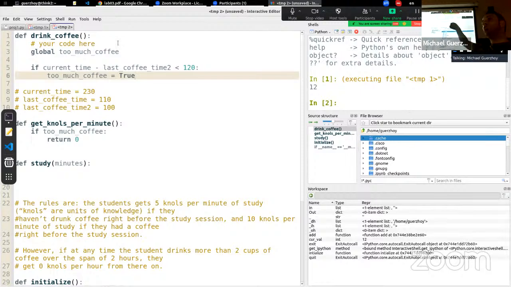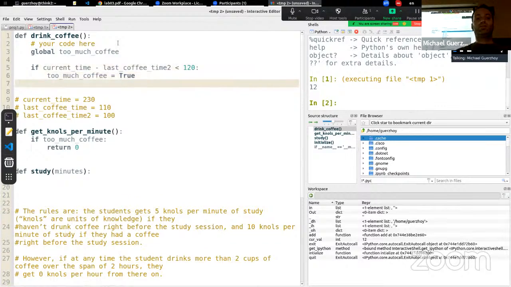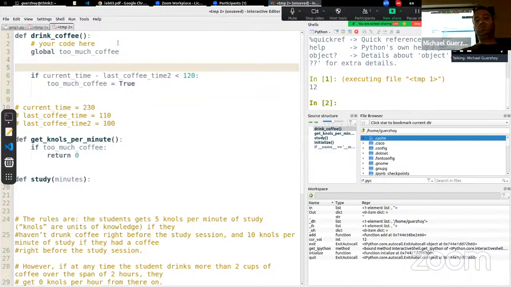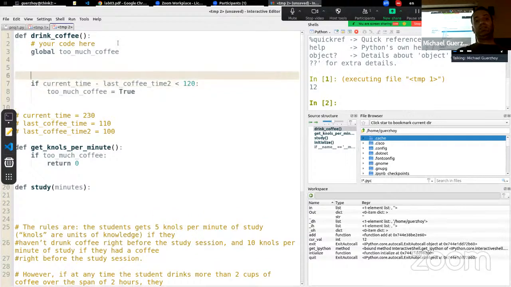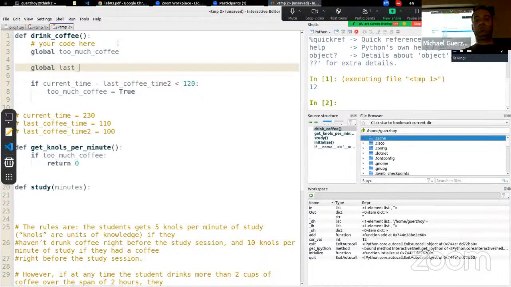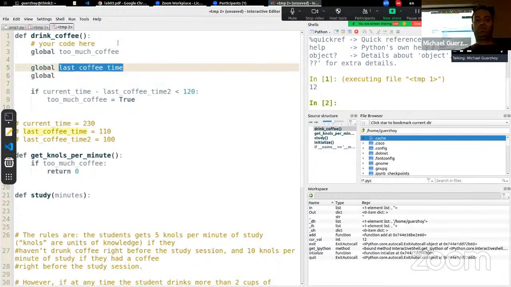Yeah. So in fact, all of that, right? So I'm drinking coffee. That's my last opportunity to update the current time and also the last coffee time and the last coffee time 2. So what I'm going to do before I do any of that is update the last coffee time and the last coffee time 2. So I'll say global last coffee time